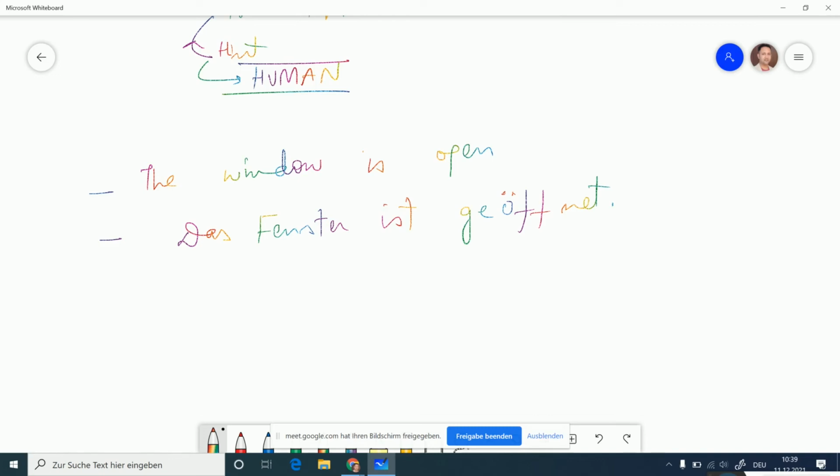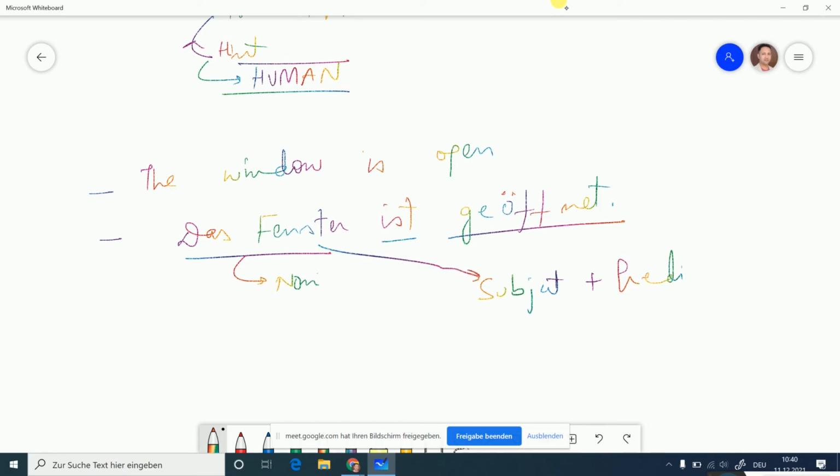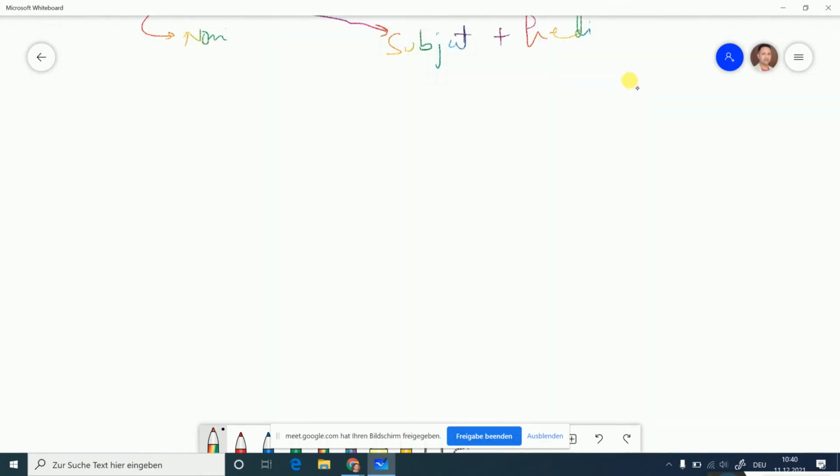Right. So once again, friends, I ask you guys, can you find out some cases inside this? Your window is subject. Window is nominative. Yes, simple. Nominative, because otherwise both are verbs only. So it is like subject plus predicate. So Fenster, definitely window is going to be subject only. There is no way, no confusion here. Let's take one more example.